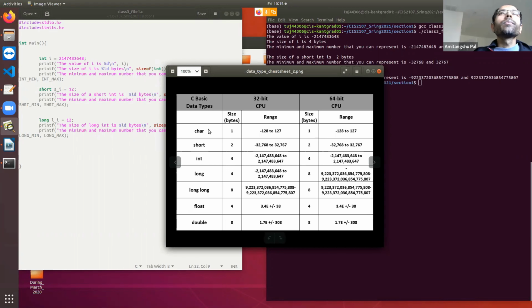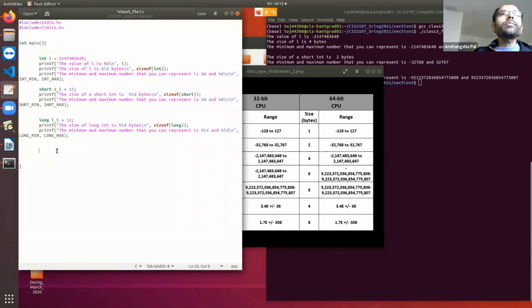So let's take character c equal to say 77. Now typically we write character c equal to within single quotes A, B, something like that. But basically, as I said, there is nothing like ABC. ABC is related to some noun. So using character also, you can store some values.